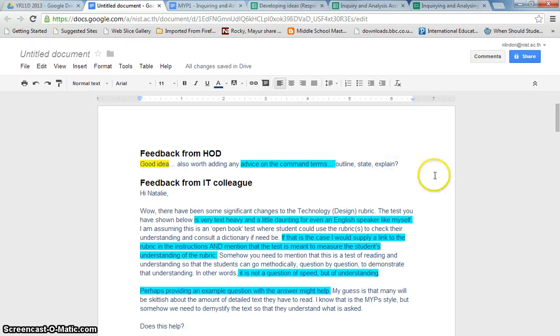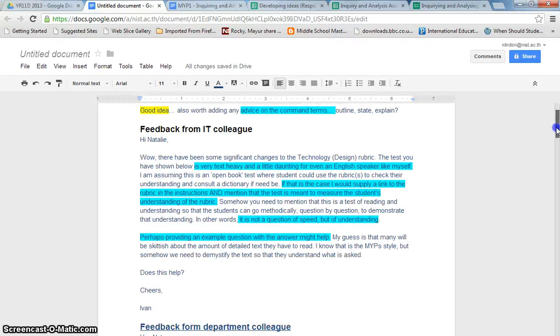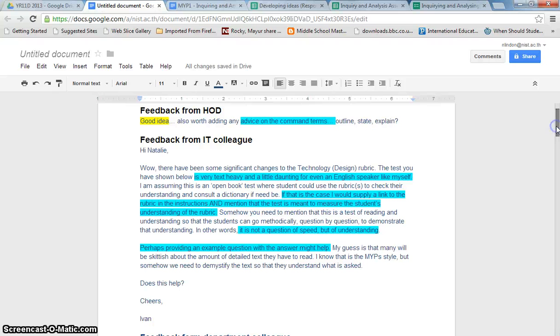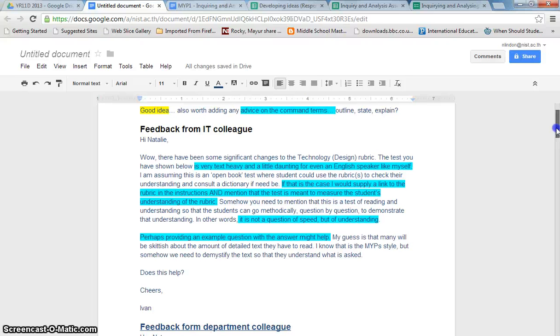Got this Google document here, and so my head of department was quite happy, said it's a good idea what I was doing, and he gave me some advice to give a bit of explanation of some of the command terms, which I think was really good feedback. Also from one of the IT colleagues, Ivan, he gave me loads of feedback. As you can see, I have put the positives in yellow, and I've put the feedback for improvements